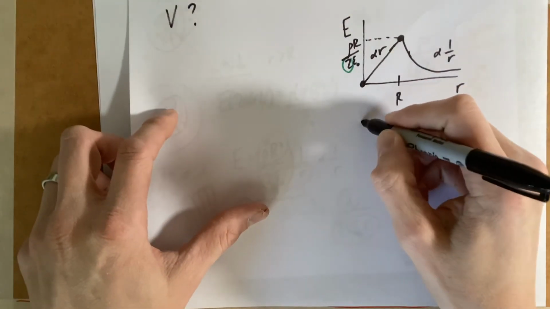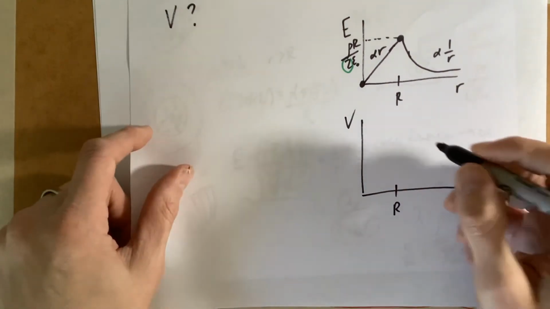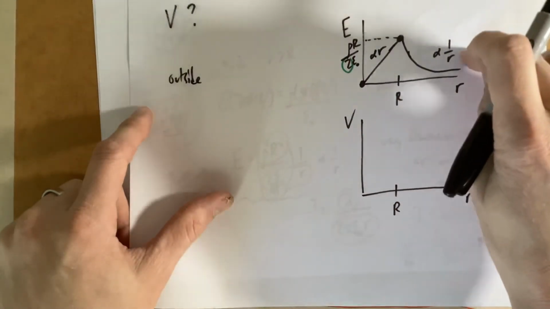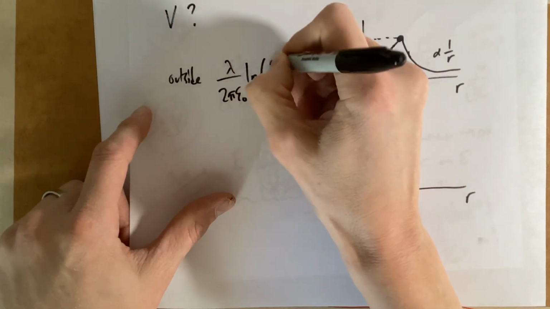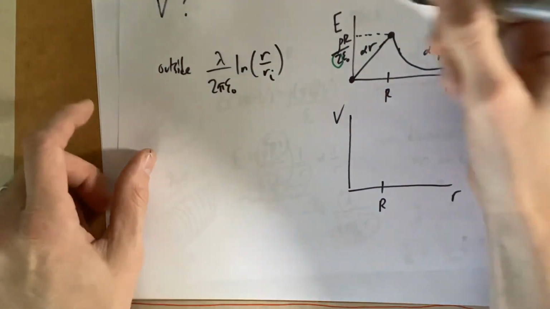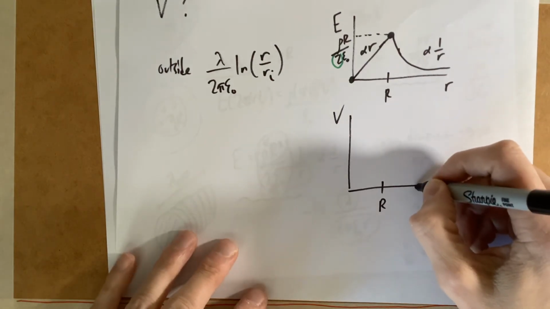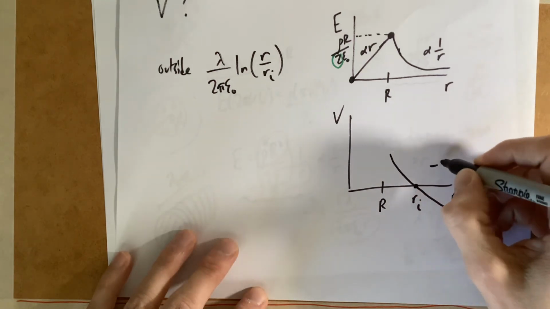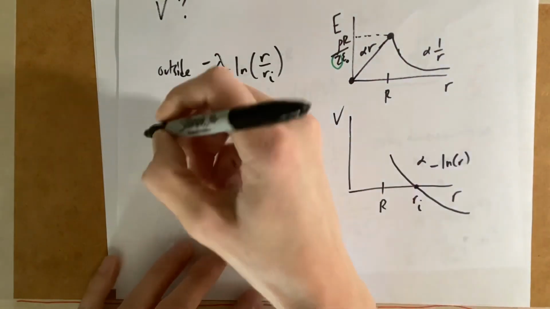And now, as far as the voltage goes, well, we've already done all this work. We learned that outside, if the electric field goes as 1 over r, integrating that, you can look back to when we did this the first time, you get this natural log function, where, again, the origin that you choose is going to be sort of arbitrary. So this is a negative natural log graph, proportional to negative ln r. Okay, and then inside,